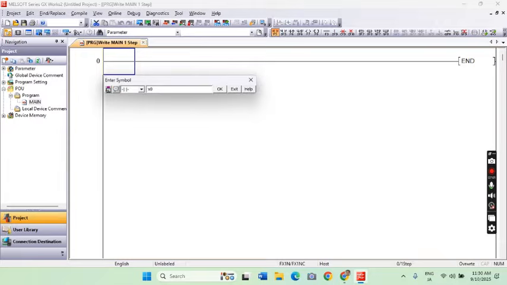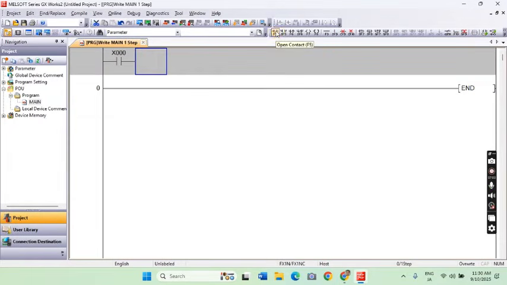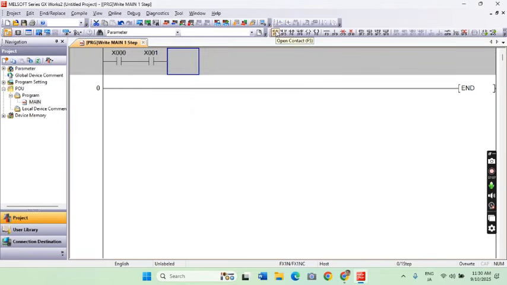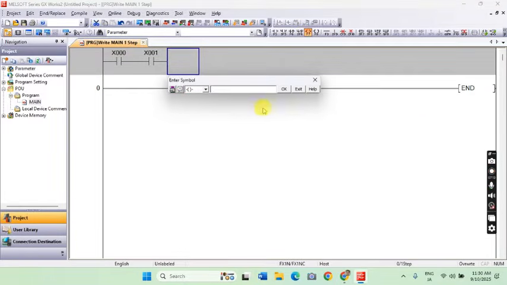Let's address it as X0 and then X1. We can say that this is switch 1 and then switch 2. And then let's say that this is for our light bulb, so let's label this as Y0.